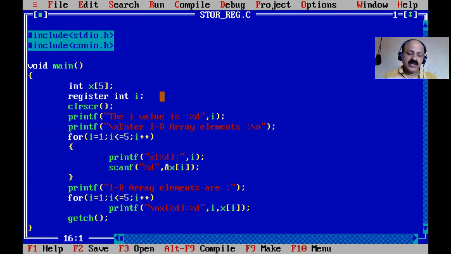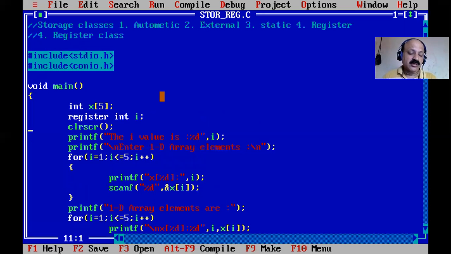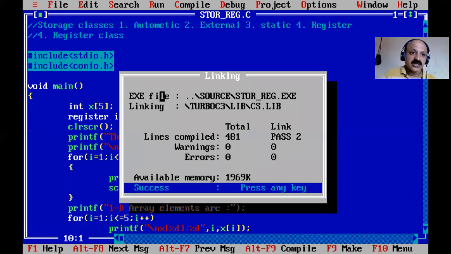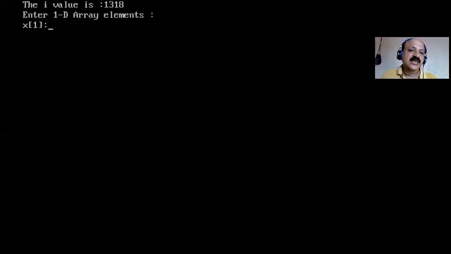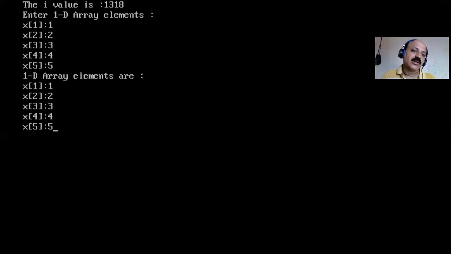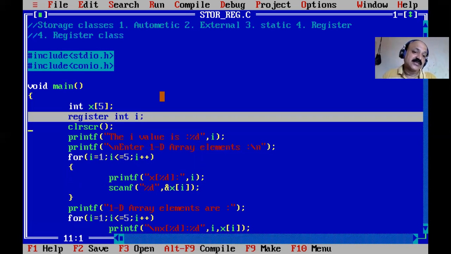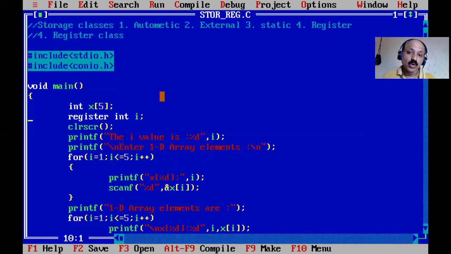Like a local variable, simple or automatic, that works the same way. But what is special about a register variable? The performance is better than a normal local variable or any static and global variable. So let us check. Yes, you can see the I variable is a garbage value. Now I can scan some value just for your reference. We cannot observe it with just scan and print, but the performance is better by microseconds, comparing simple integer I and register integer I. So your program's performance is better by microseconds.